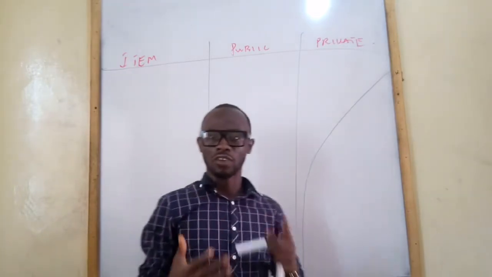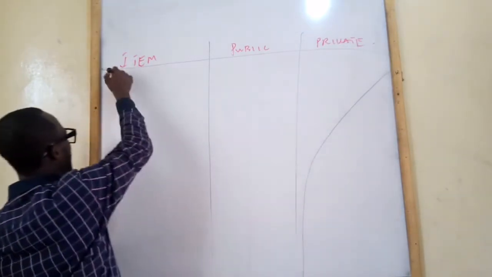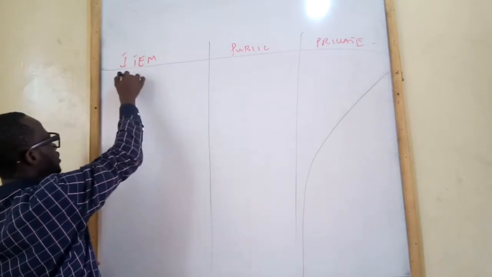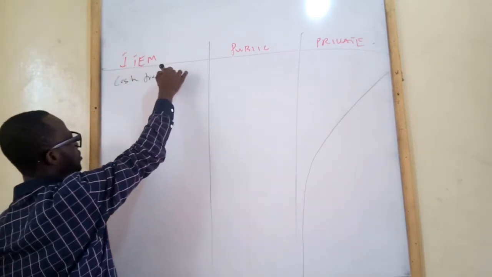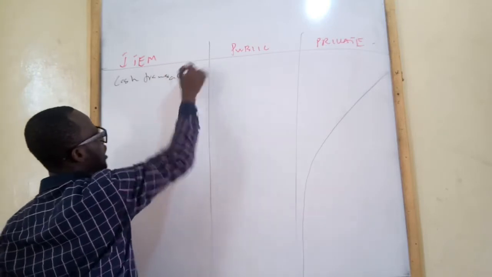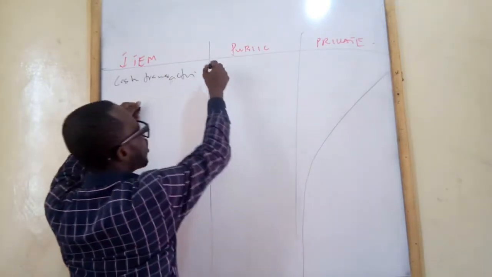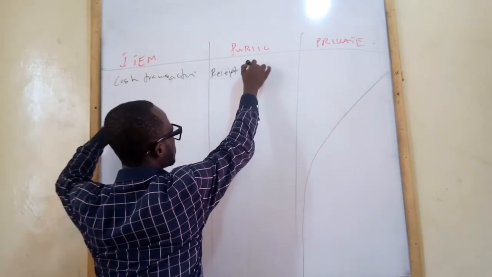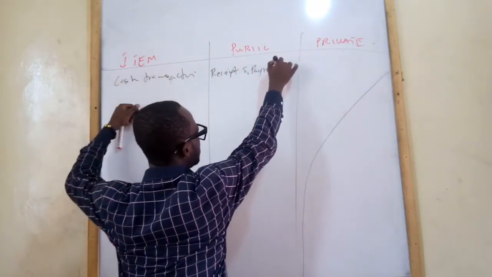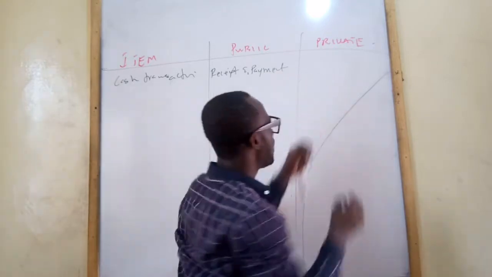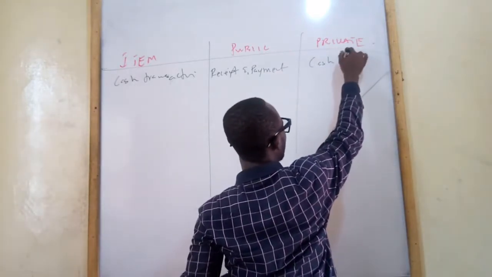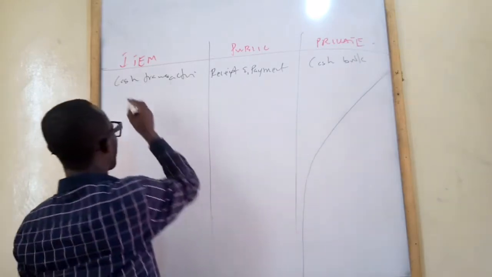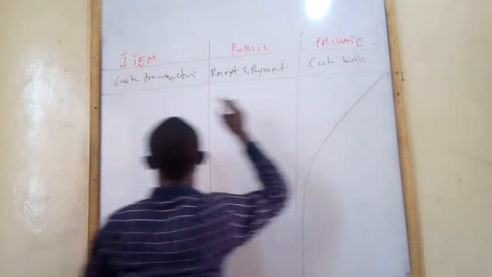Now, when it comes to the financial statements, when we talk about recording cash transactions, the public sector prepares what we call the receipt and payment account. But the private sector prepares what? The cash book, or what we call the cash account. Then when it comes to financial